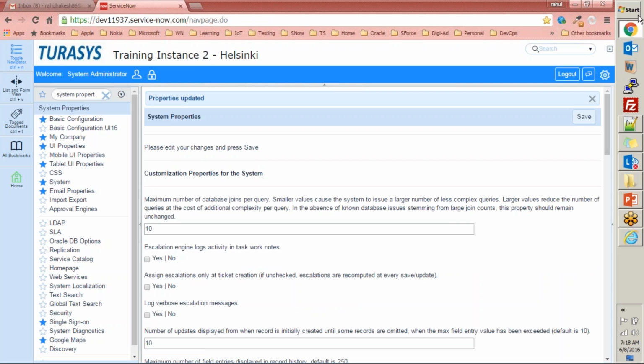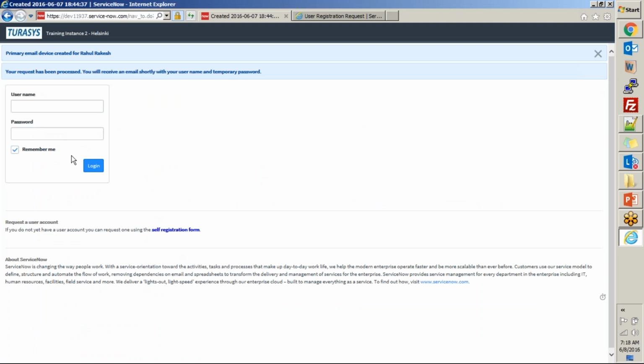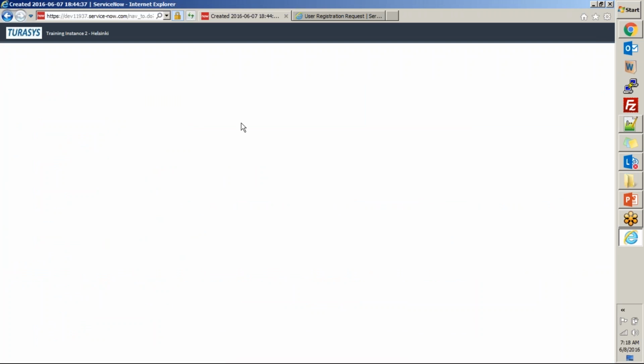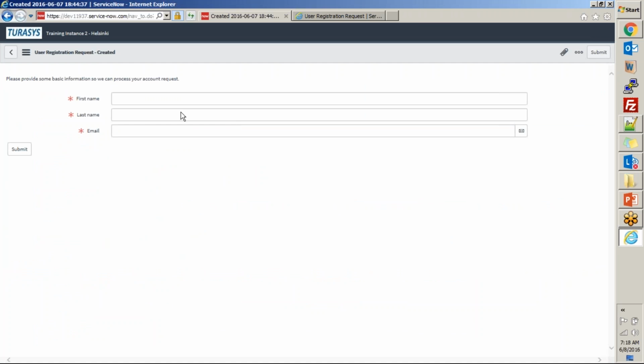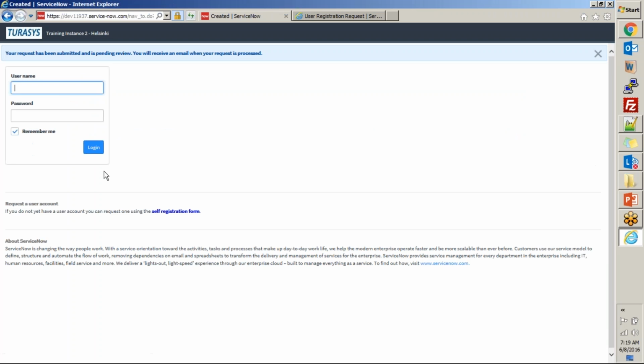I'm just disabling it and I'll go back to the home page, go to the self-registration form and then fill in my name, use a different email ID and then submit it.